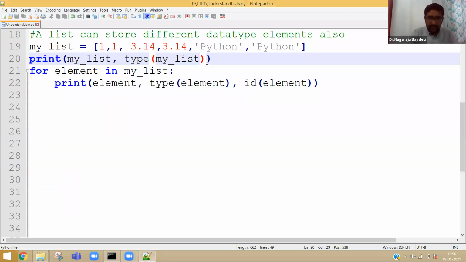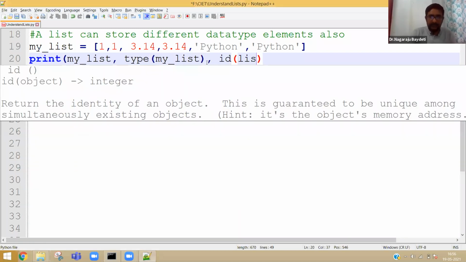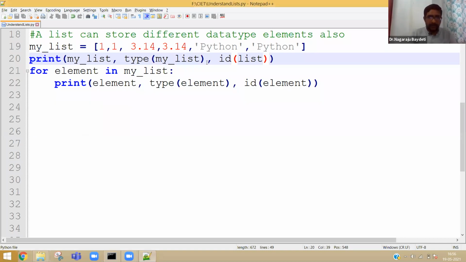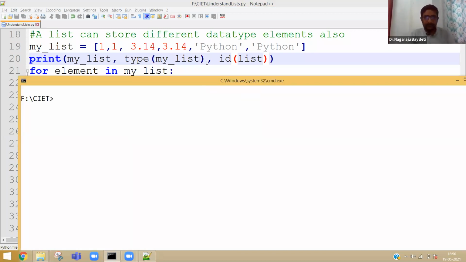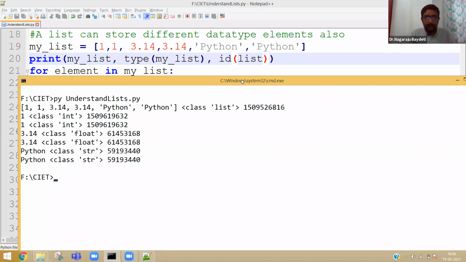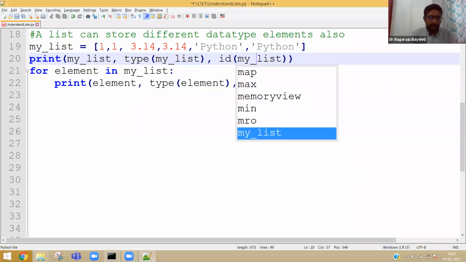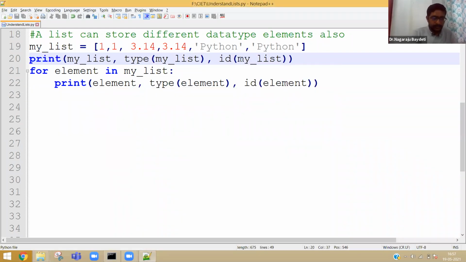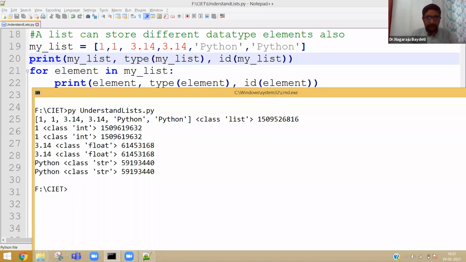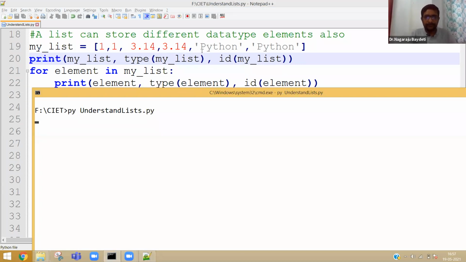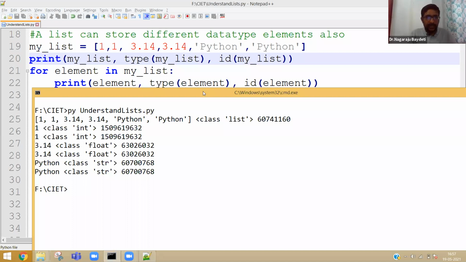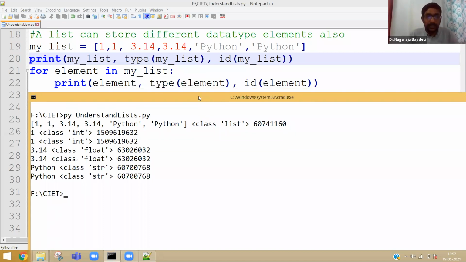Even you can also say the ID of my list. I think this will give you the entire information.